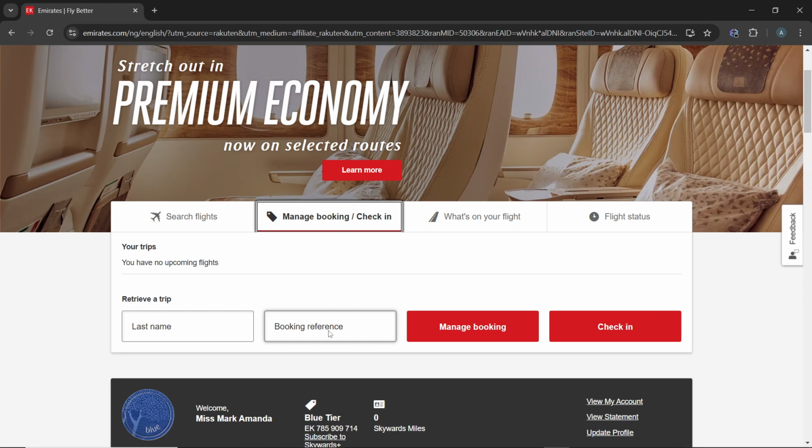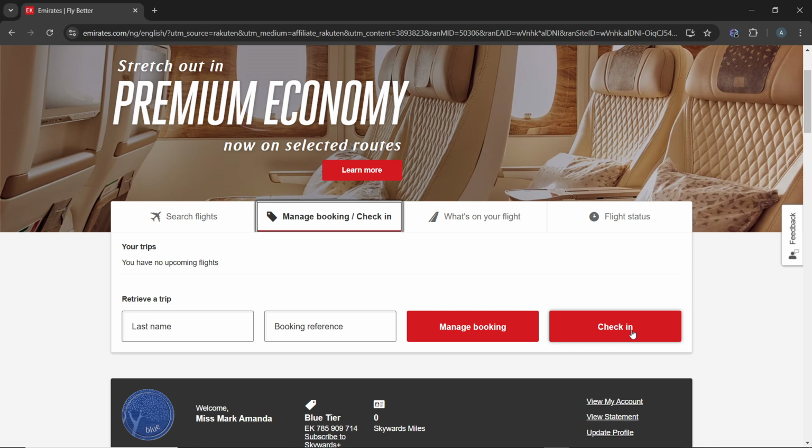Now once you've entered the required details, go ahead and click on this option right here, manage booking. Not manage booking, rather click on the check-in button, which is here. The manage booking is to head over to your booking section to see all your bookings and manage them from there. But once you enter your last name and your booking reference, the next thing to click on is check-in. Now after your booking loads, and it takes you to the check-in window, you'll be